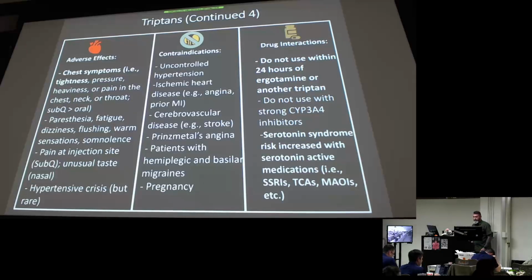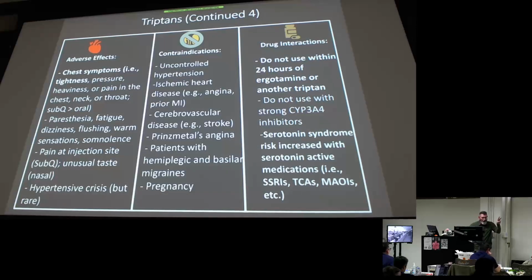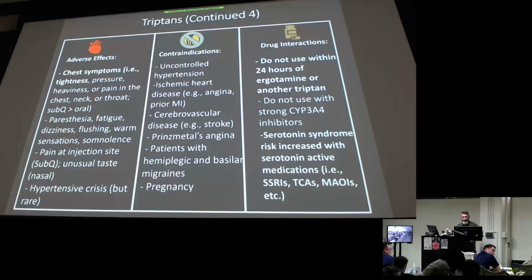Just know it's a contraindication for triptans. And then for drug-drug interactions, we're going to talk ergotamine, a very severe vasoconstrictive agent. The old one I said that we used in the past. Don't use it within 24 hours if you do use an ergotamine. It's not very commonly used anymore. There are some specific niche uses of the ergotamines, and we'll get there. Or if you used a triptan within 24 hours, don't give them another triptan unless you're doing the one day, two dose, but don't give another triptan if they've had a max dose within 24 hours. Unfortunately, you just have to wait 24 hours before you can try another agent.